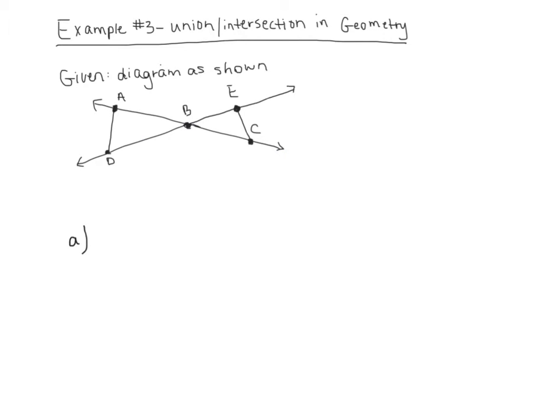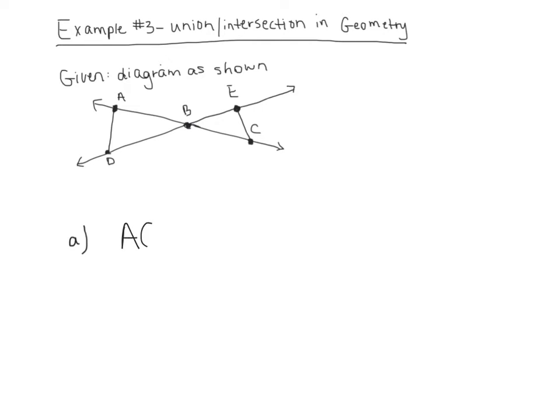Welcome back again. It's time for our third example. This time we're going to apply union and intersection to a geometry diagram. Quickly, I should make a comment again that we can assume straight lines on a diagram. So we can assume that that is in fact a straight line. We can assume that is in fact a straight line. Sorry. Jumping into union and intersection, however, let's start with